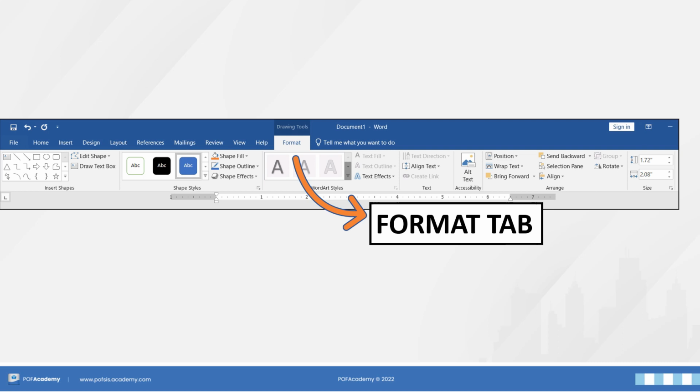So when you are working with certain items such as tables and pictures, a Format tab will appear on the ribbon after the Help tab. Basically, this tab contains special tools that can help you format items as needed, such as shapes, draw text box, font styles, table styles. You can also choose from shape effects, align text,